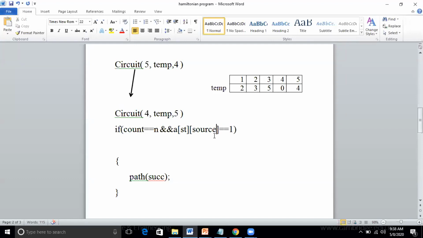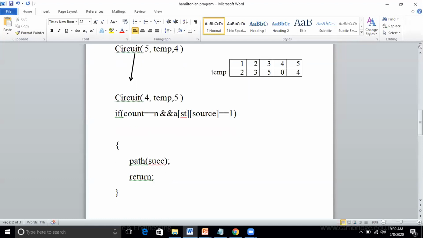From ST to source, from that current node to the source, if you have an edge, then only I'll call the path. So after printing the path, I should backtrack. Even though I get the solution, I should backtrack, no? Yes, sir. I should go back to the previous calling function. So I'll give here return.